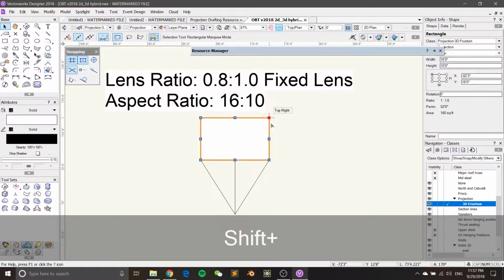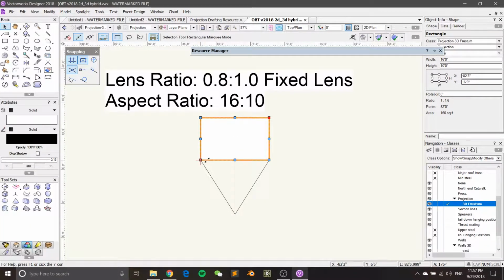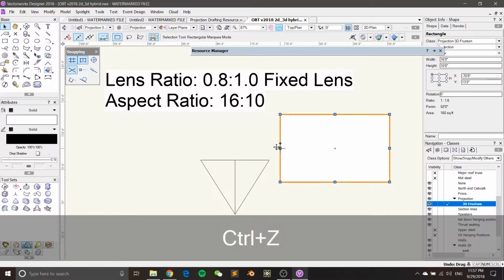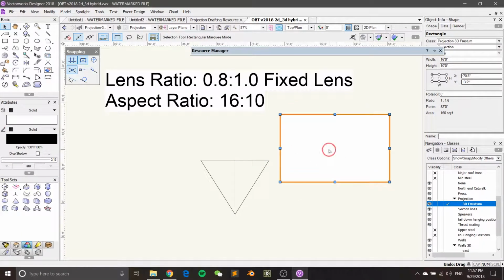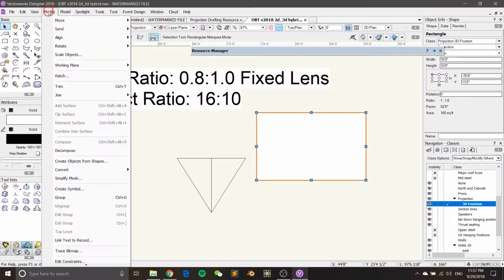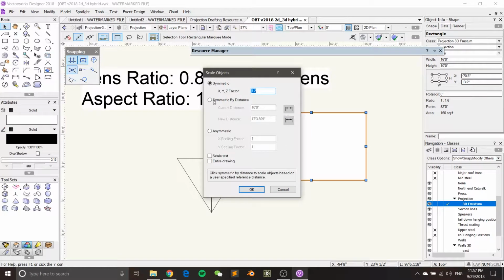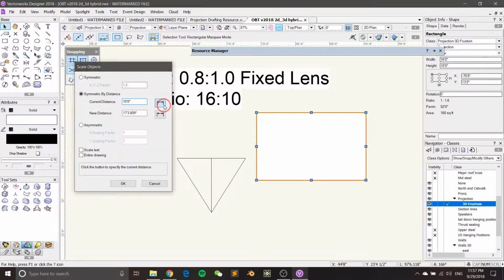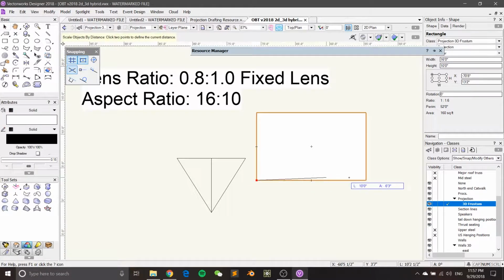And I'm gonna snap to this point. So now I have the width of my square being 10 feet, right? By the way, you can also do that. Let me go back. You can achieve the same results by selecting this object, whatever the object you want to rescale, and go to Modify, Scale Objects, pick Symmetric by Distance, right? And you pick the current distance. That's going to be a reference